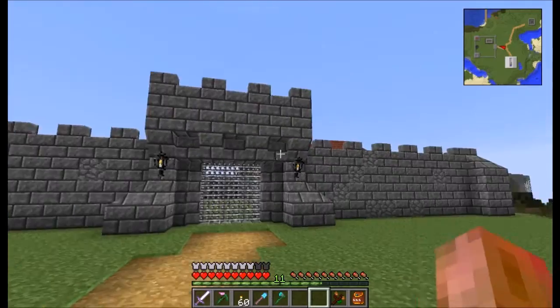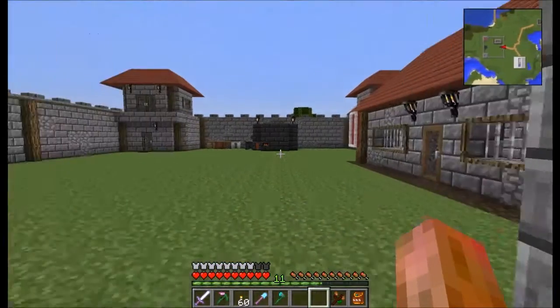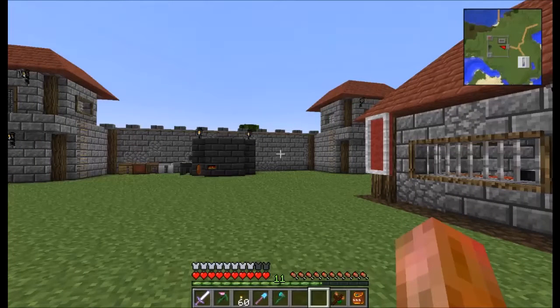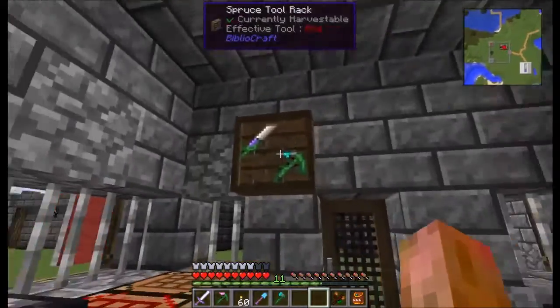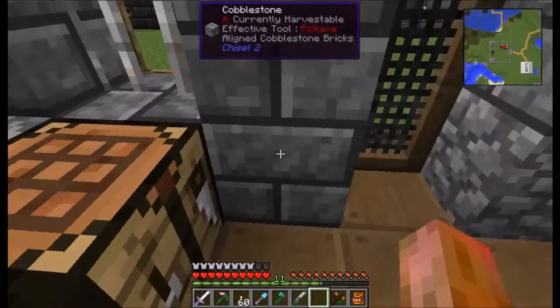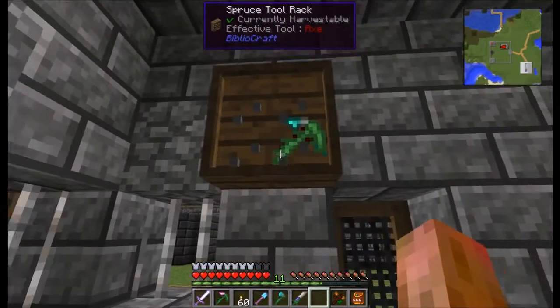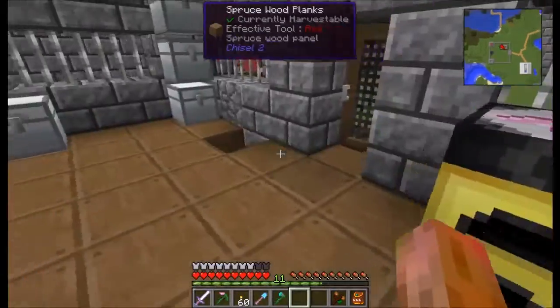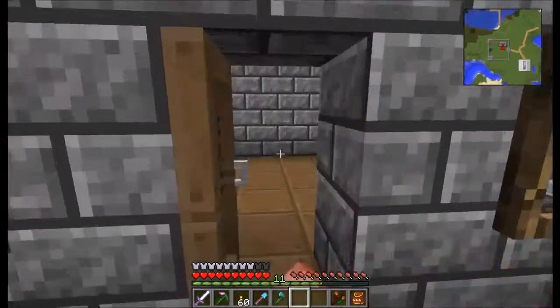So I built another little ghetto spawner over in the Nether, and it's got a skeleton spawner in it, which means a skeleton spawner in the Nether will spawn the Nether skeleton. So I made a real quick, easy beheading sword, this cleaver over here, and gave it beheading 3, some sharpness, not too much, because I'm just using it to go over there, and that's where I got